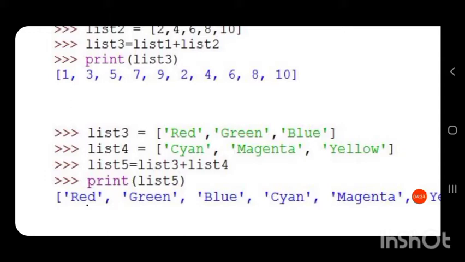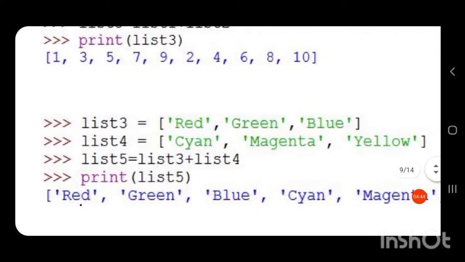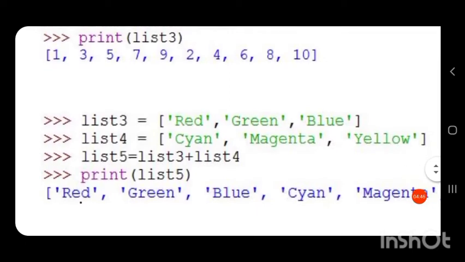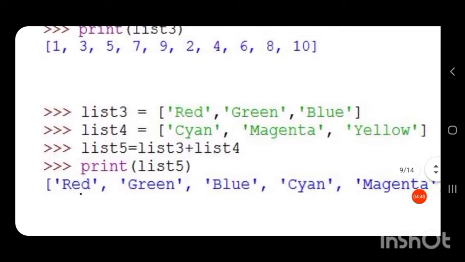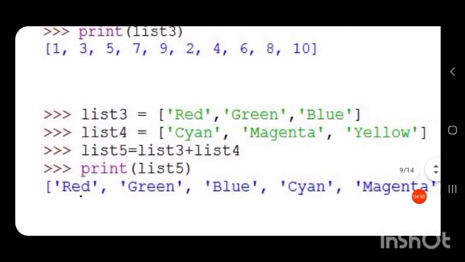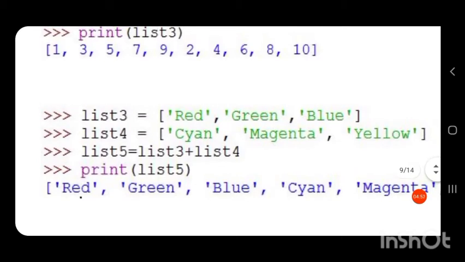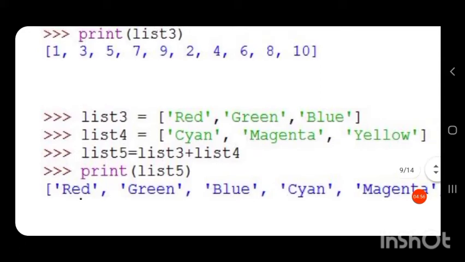So list3 plus list4 is concatenated and we are assigning that to a new list called list5. This equal to is the assignment operator.